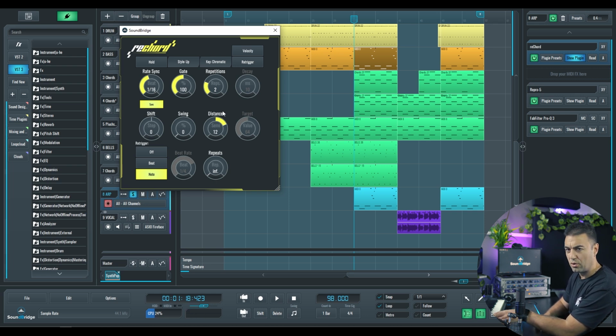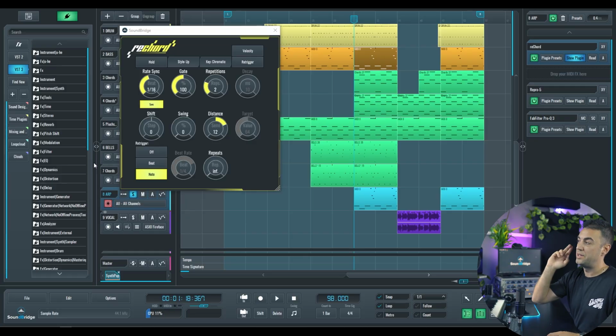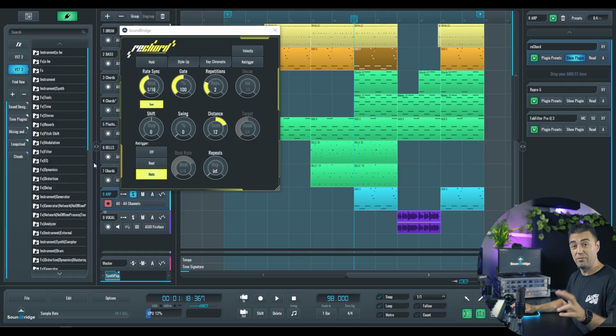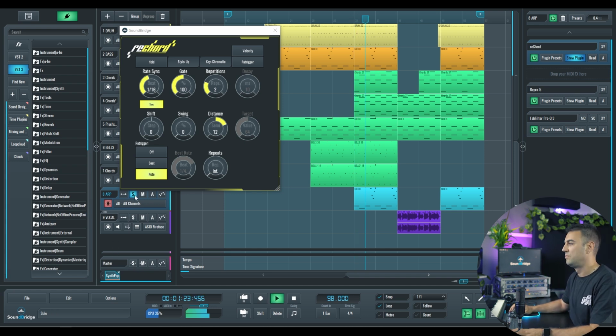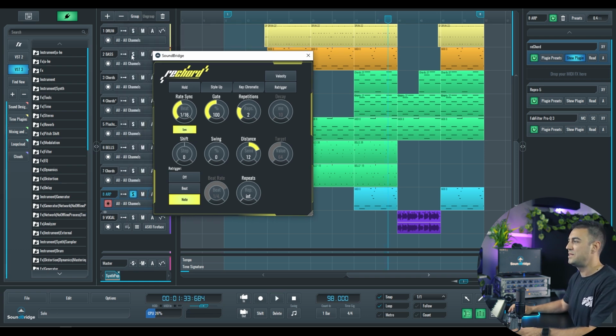I could also use the chords, like let's say. But for this track, I believe that setting it to 1/16, the gate on 100, repetitions on 2, and distance to 12, I do believe that this arp actually made it sound really, really good. And together with the bass line in this part, when it starts moving to 1/16,